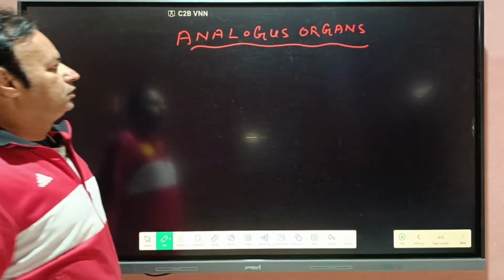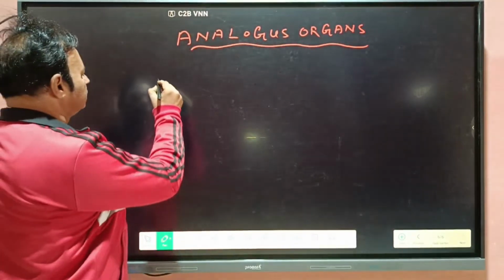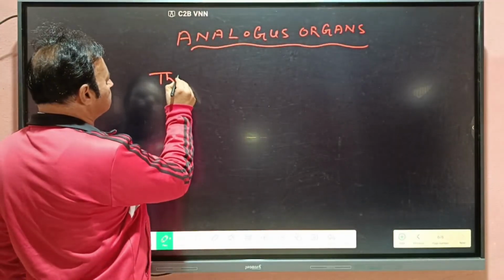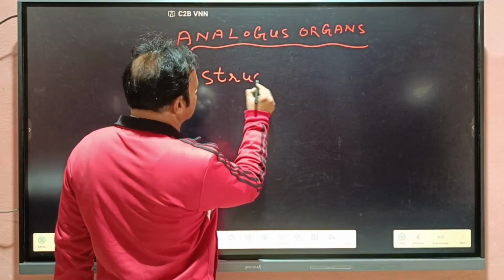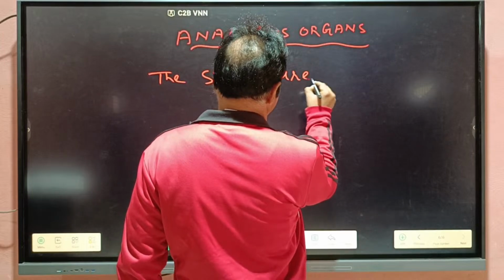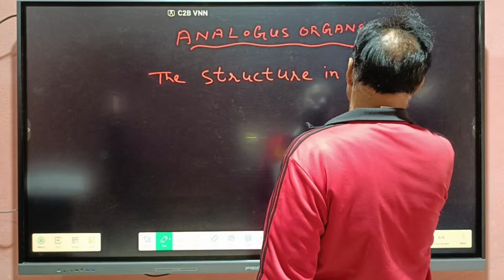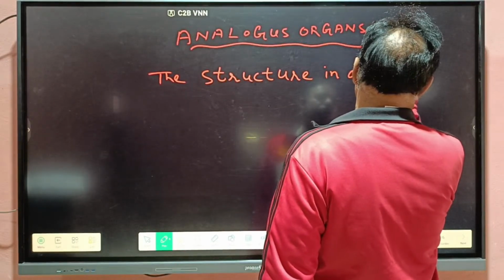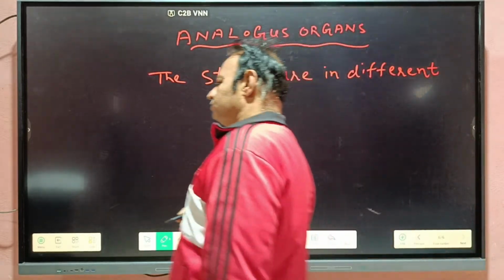Analogous organs means we can say that the structure in different organisms,